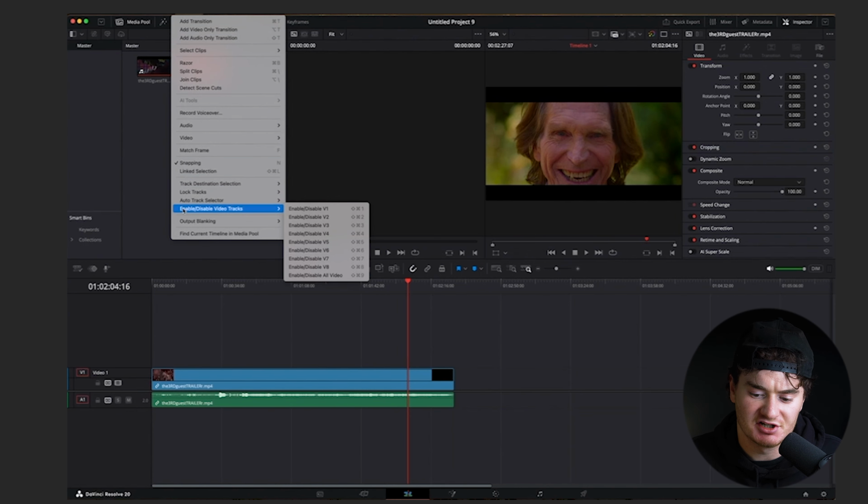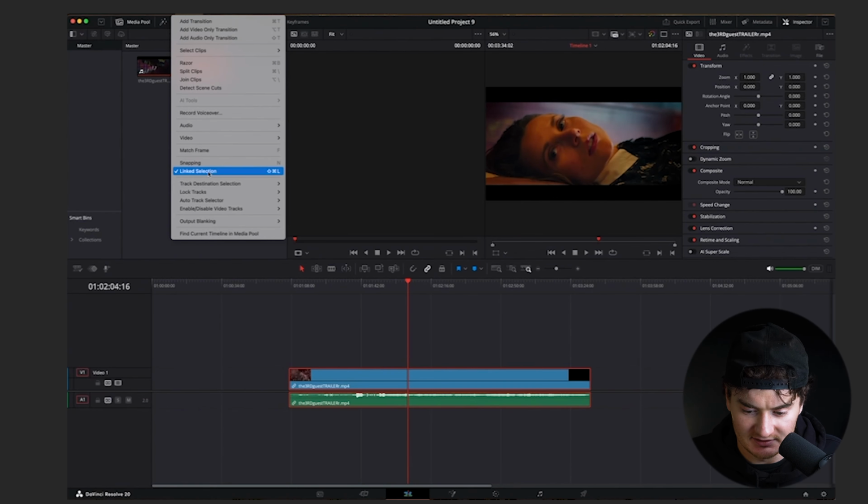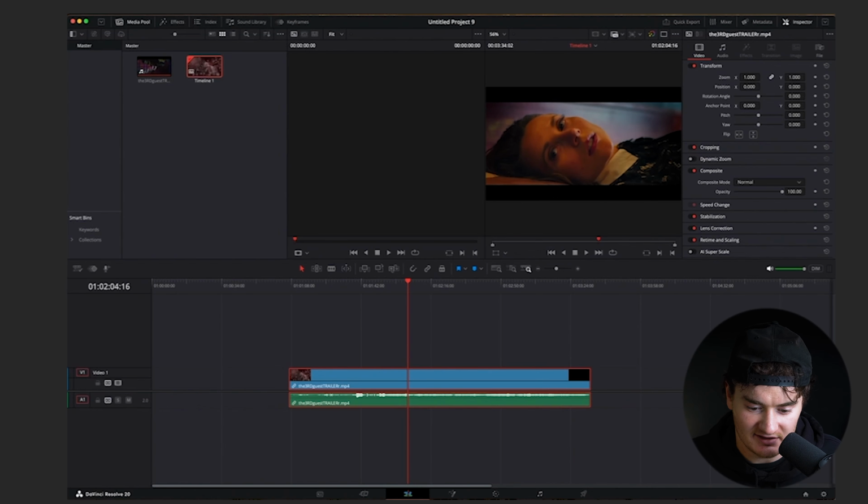Linking and snapping. Snapping is a tool where, if you are moving your clips around, you will start to feel your cursor snap these clips into place rather than just be completely free form. And I do find this very helpful. I almost always independently uncheck the link selection, but I do leave snapping checked on. You'll see I'm moving my clips around. They pretty much just snap into place. It's helpful when you're dealing with hundreds of clips. It's nice when you can feel the cursor snapping into place. That is how you separate audio in